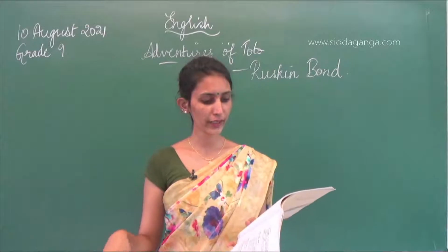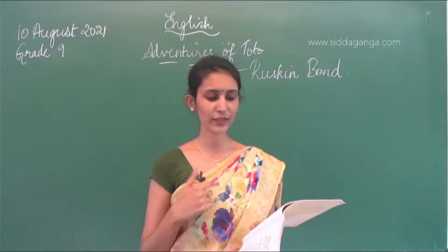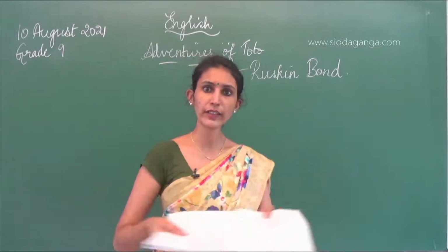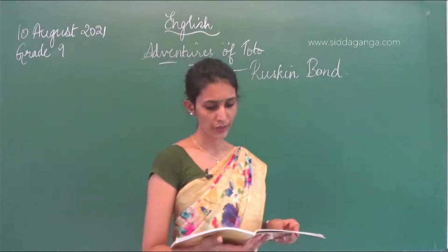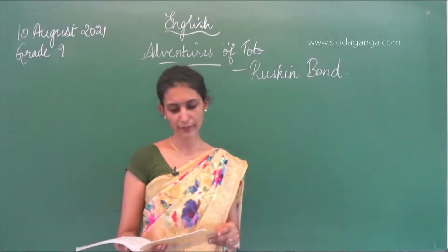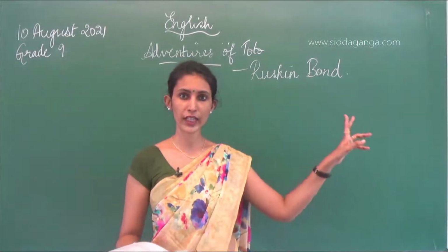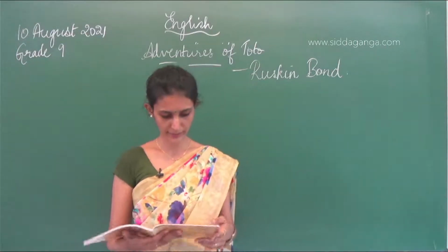When grandfather arrived, Toto picked up the dish of pulao and made his exit through the window. Now, when grandfather came, what did he do? He took the dish of pulao and he went out of the window. Who went out of the window? Toto went out of the window. We found him in the branches of the jackfruit tree, a dish still in his arms. Toto had gone and sat on the jackfruit tree. The pulao was still in his hand.